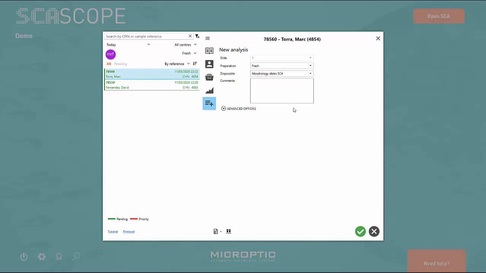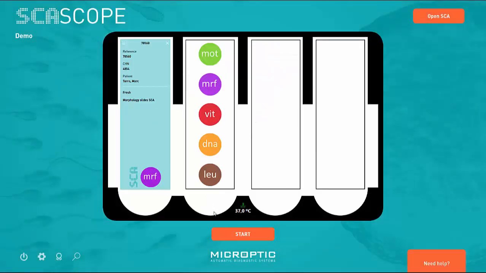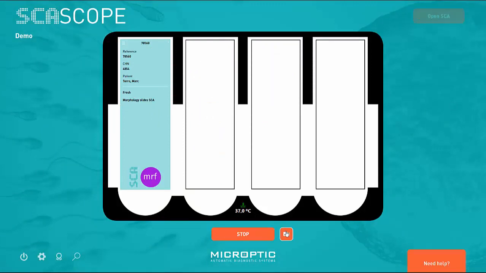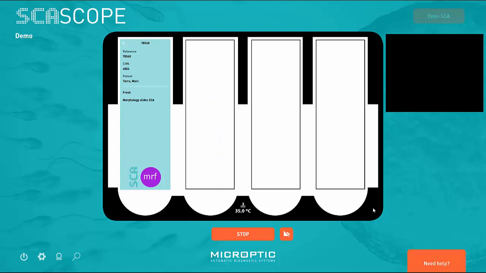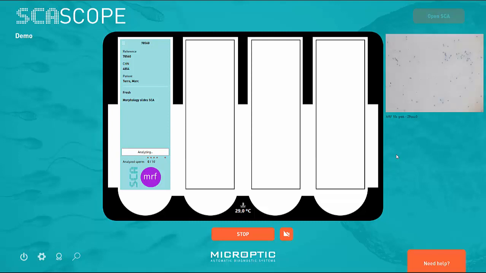Here everything is ready, and I press start. I put the sample in the scope and press start. So now the system starts the analysis. In the scope, the first thing it does is search for the fields to find the sperm with the 10